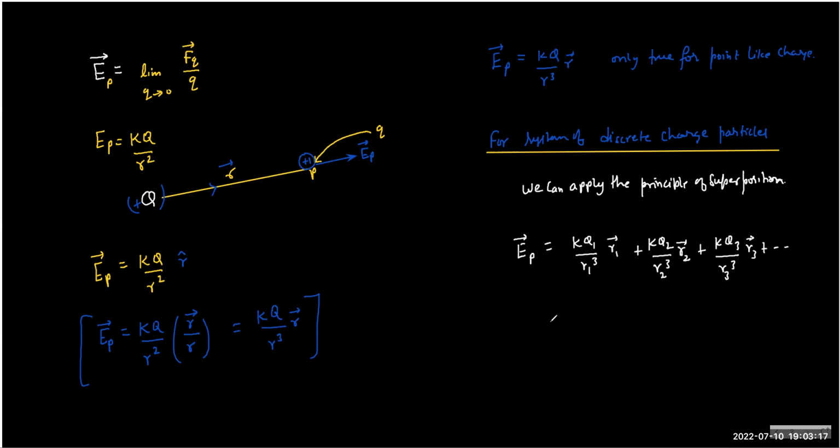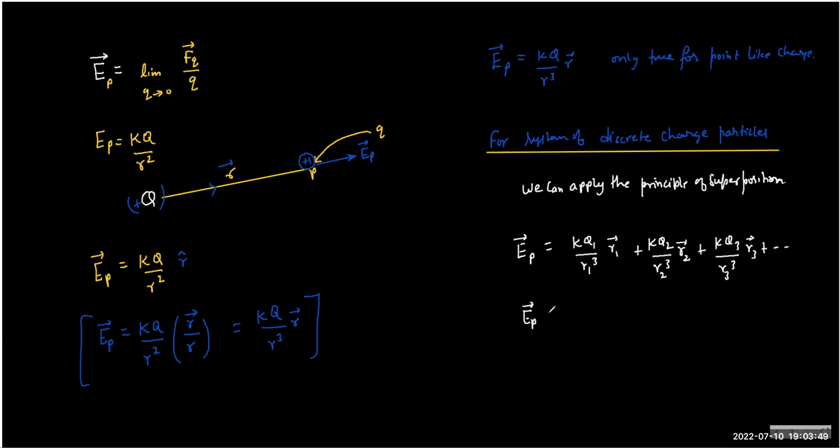So the principle of superposition says that to find the resultant field, take the field of one charge at a time, find its direction, and repeat the process for all other charges, and then add them in vector form, because of course the field is a vector. You cannot add the numerical values. You are supposed to add the direction and value together. That's a vector form actually.